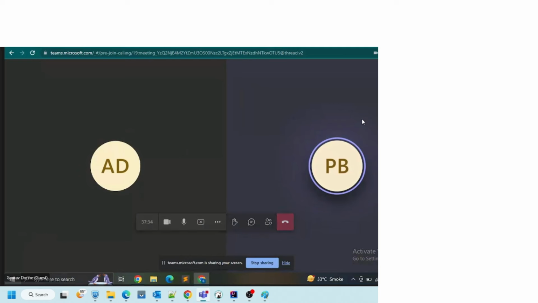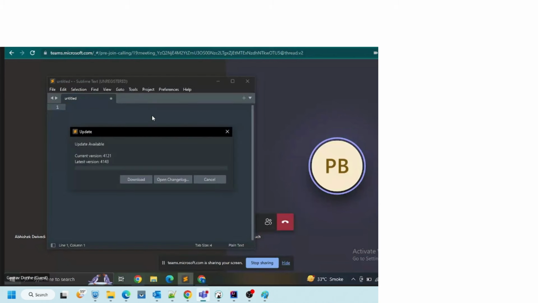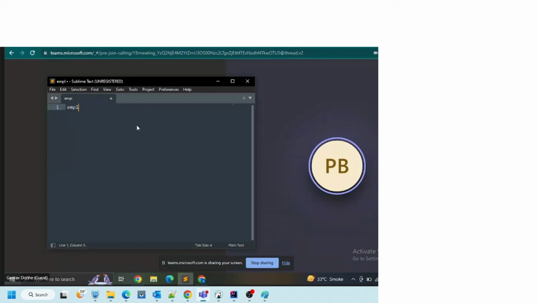Since you mentioned you have very less experience in the DB, can you write me a query? Suppose there is a table which has a list of employees and their salaries. Employee A has got 10,000, B has got 25,000, C has got 2,000. So these are the two columns.